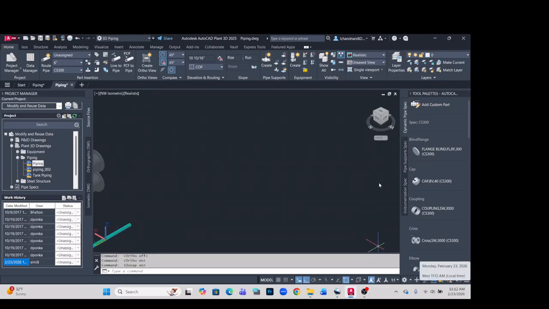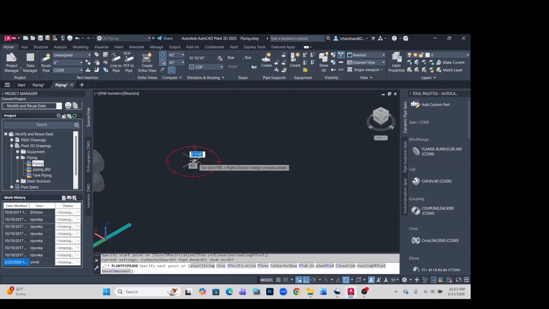Before I route my pipe, I'm going to make sure that I am in my correct workspace. So I need to be in 3D piping. I've also got my ortho on and I've got my O-snaps on. And I'm going to pick route pipe, currently with a 6-inch size pipe, and carbon steel is my spec. So I'm going to create a pipe in this space. I'm going to click somewhere in the drawing area to specify the start point. You can see the command area says that you need to specify a start point. I'm going to pick this point here.